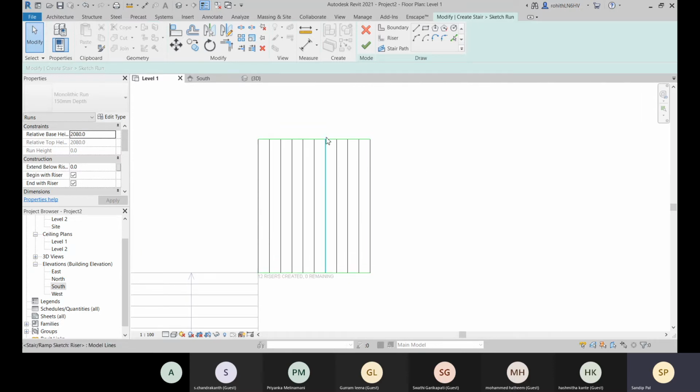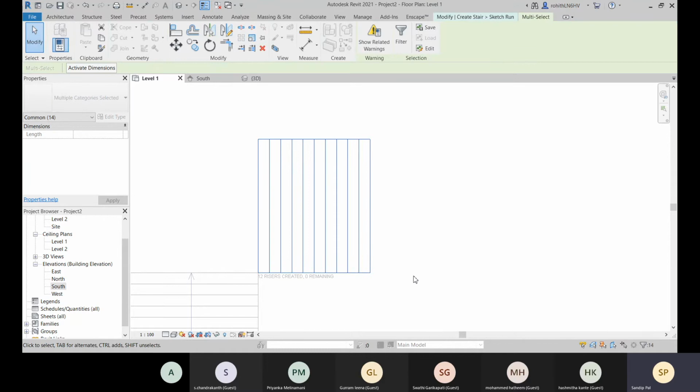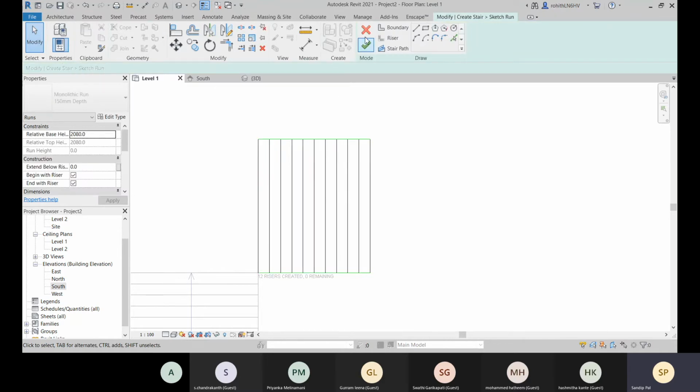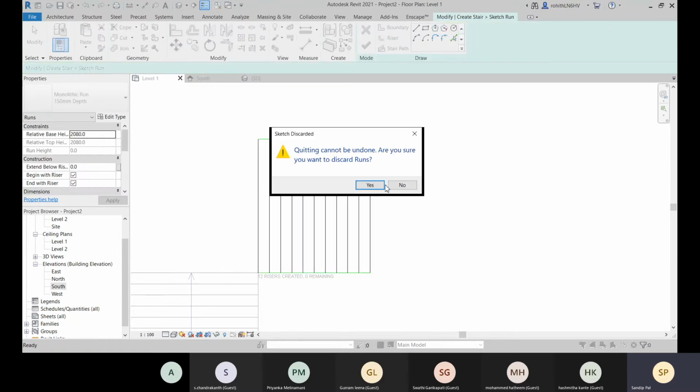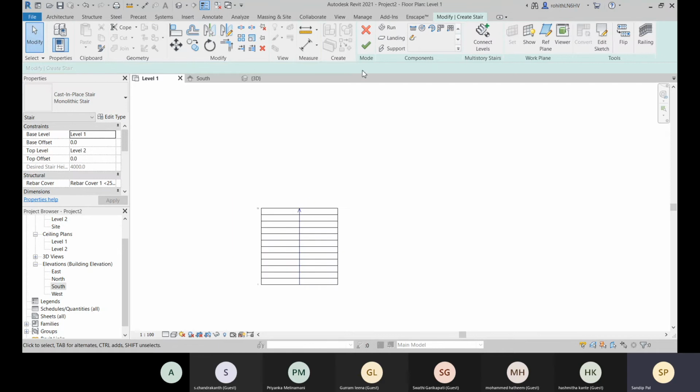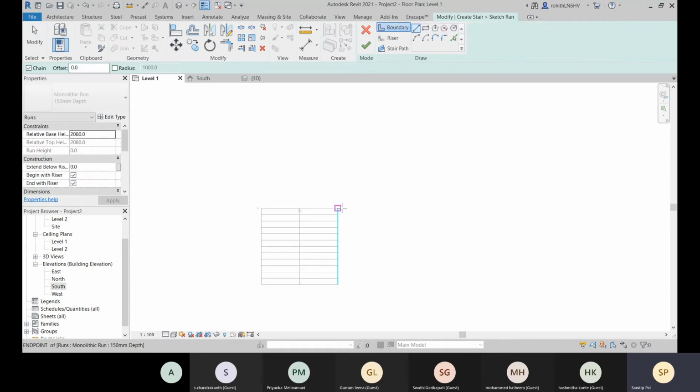Guys, did you rectify any error? I have done one mistake, so let me do that again. The 13 risers were created in the first flight, no sir.